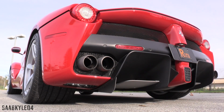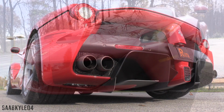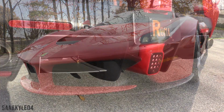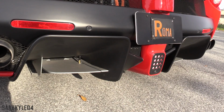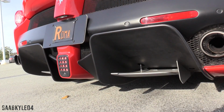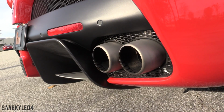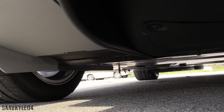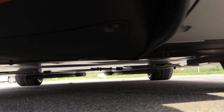When traveling in a straight line at 124 miles an hour or 200 kilometers per hour, the active aero develops a combined 90 kilograms or 198.4 pounds of downforce. When in mid-corner, it develops as much as 360 kilograms or 793.7 pounds of downforce. The active aero can even serve as air brakes while providing an extra measure of cooling for the engine, batteries,